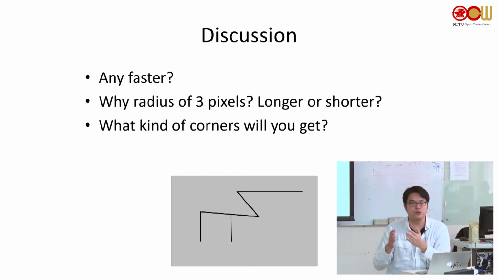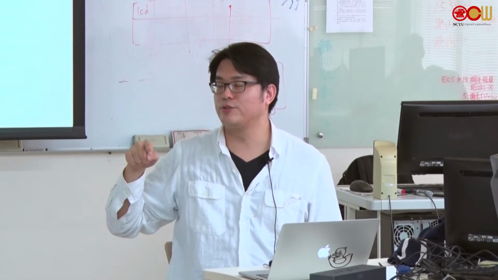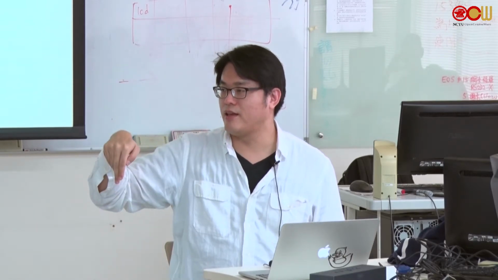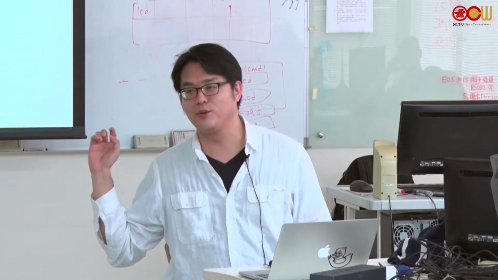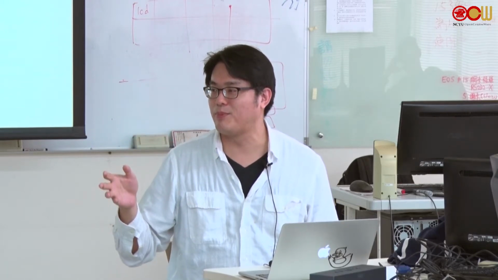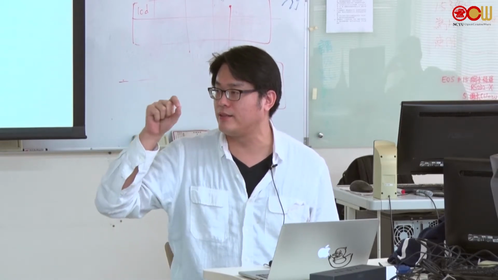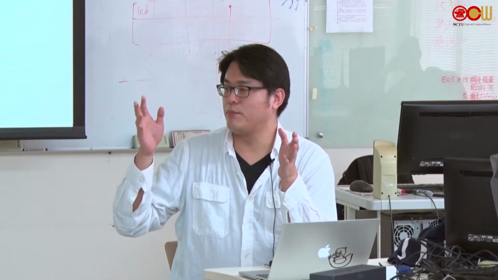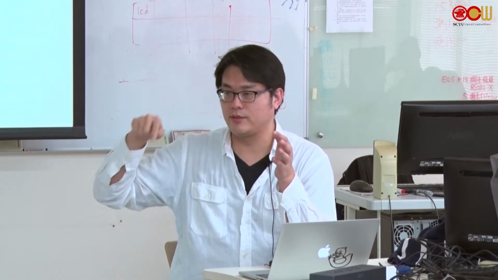Maybe compared to those 16 tests, you just sample and check, suppose it's a clock, 12, 3, 6, and 9. There was a paper in 2006 called FAST feature, and later on they published another paper with this idea. So you reduce the number of tests to just 4. Do you guys agree with this method? Suppose you sample just 12 o'clock, 3, 6, and 9 o'clock, you would quickly reject